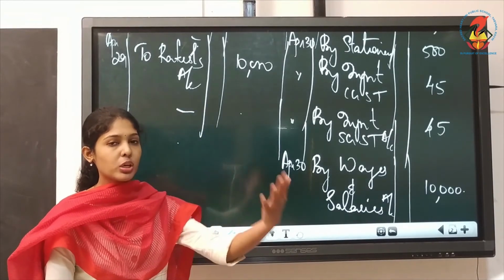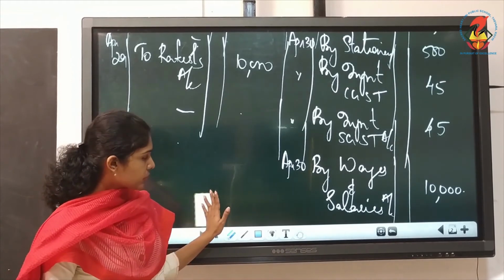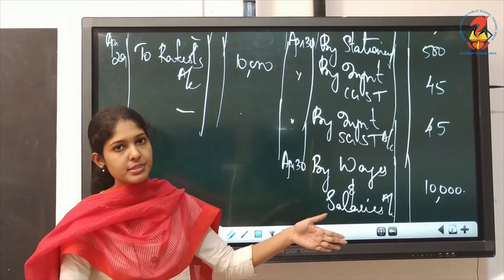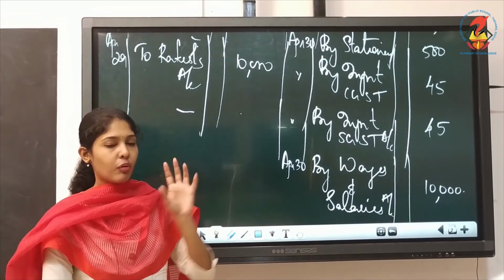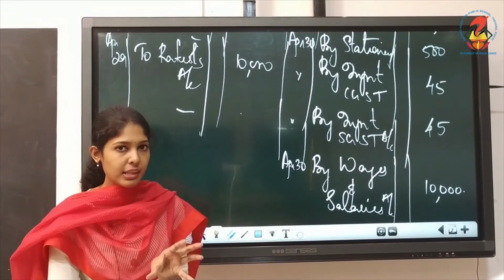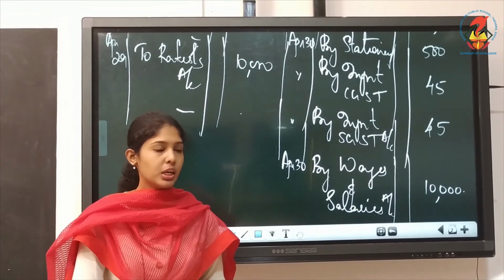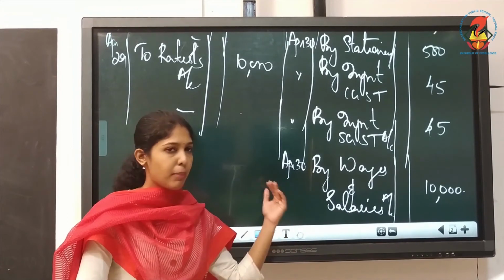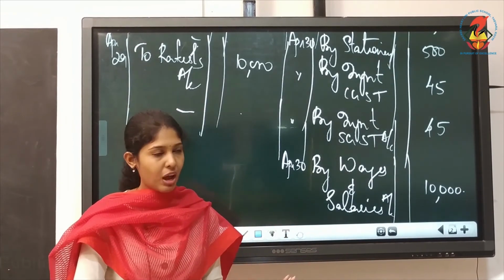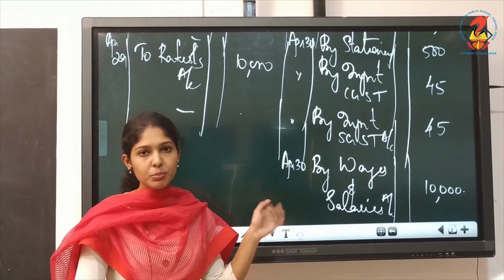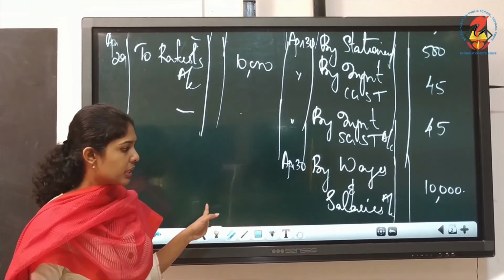What should we do next? You have to do balancing. Add your debit side, then the credit side, find the difference, write the difference amount, that is the balancing figure, on the side which is having the lesser amount. That way you do the balancing, write the balance carried down, balance brought down, everything you have to do. So with that cash account will get over. You must do the balancing. I am not doing it again.